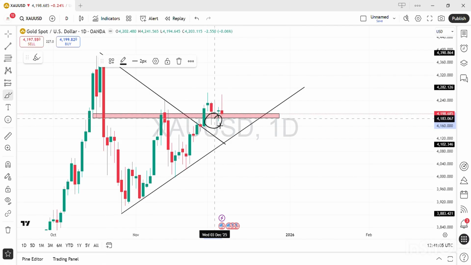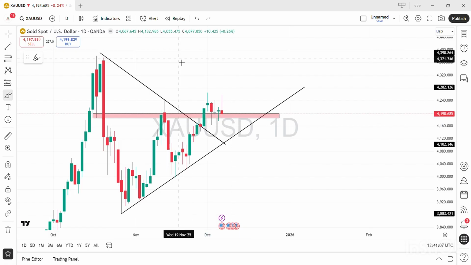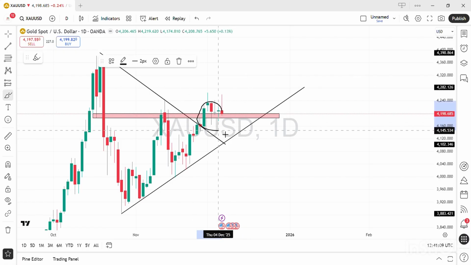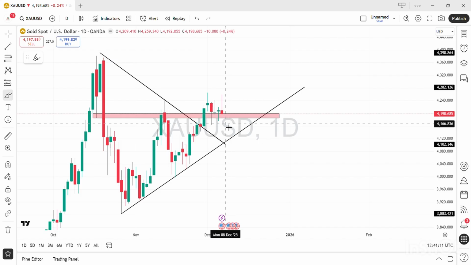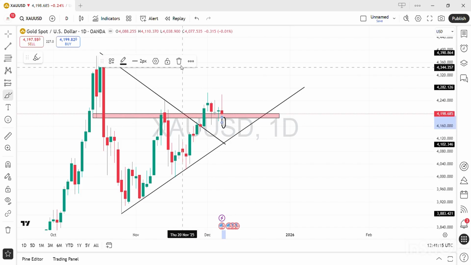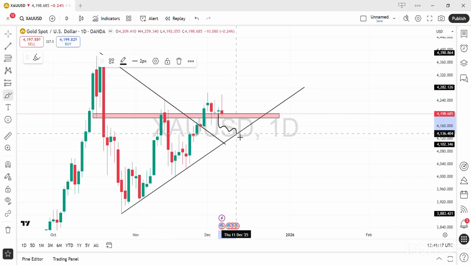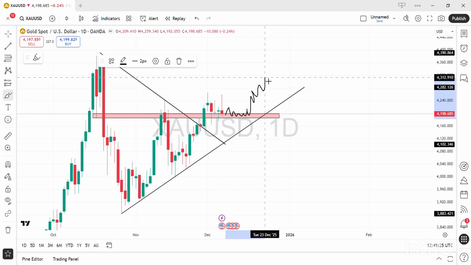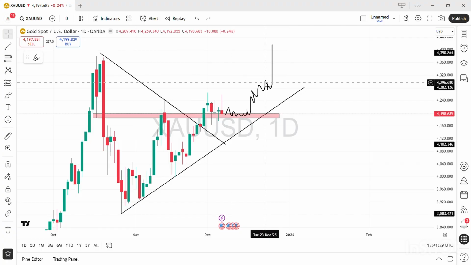Holding means that no gold candle is closed below the red zone. If there is a closing of a red candle below the red zone, then definitely it will reject towards this line, which is known as 4136. If gold keeps on rejecting on this zone, then we will see a strong bullish engulfing candle in the upside direction, and the gold will make new all-time highs. Okay, so this is the good news.